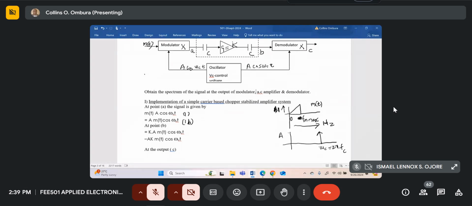So at point B, the signal at A is multiplied by a scalar K. So you'll get this equation 2 over here. Equations 2 and 2b are just the same thing. We just put the A outside. And then at point C,